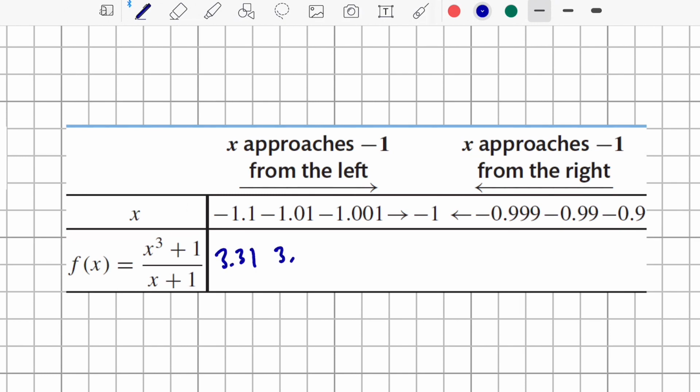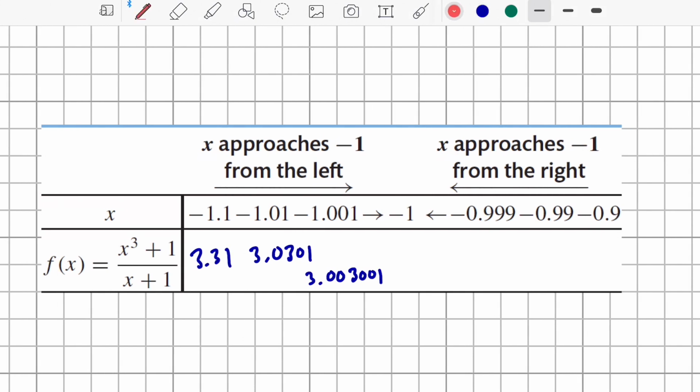3.31, 3.0301, and then this one I'm going to write it below, you can't really see it, 3.003001. Okay, now let's do from the right. So we're approaching from the right. If I plug in that 0.9, we're going to get, I'm sorry, it's not negative, it's positive 2.71. Then if I plug the next number in, we get 2.9701. And if I plug in that last one, we get